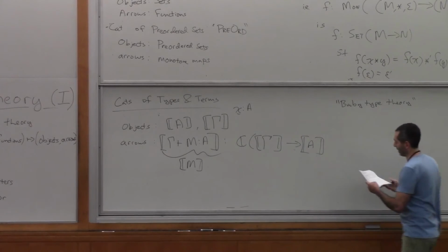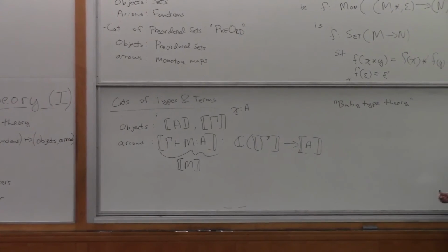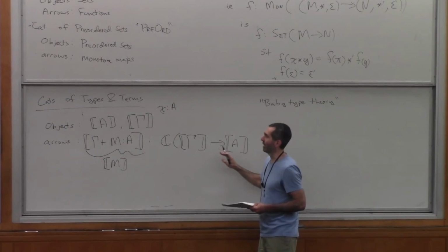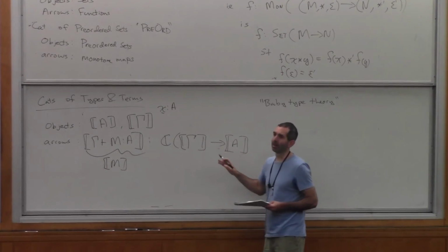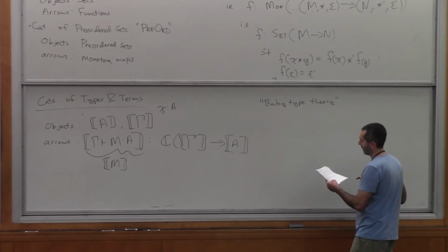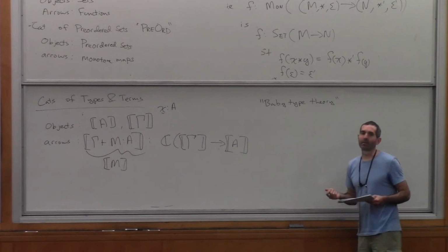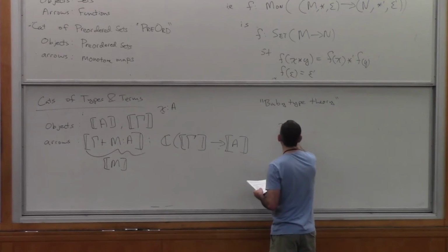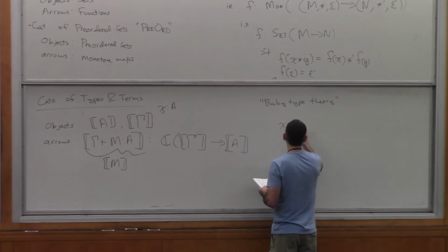With these simplifying assumptions. Okay, and now the idea is, since we're trying to interpret these things as arrows in categories, we want the terms to be arrows in categories. We want to talk about what the identity arrows are and what the composition of arrows are. Okay, so if I have this term in context,